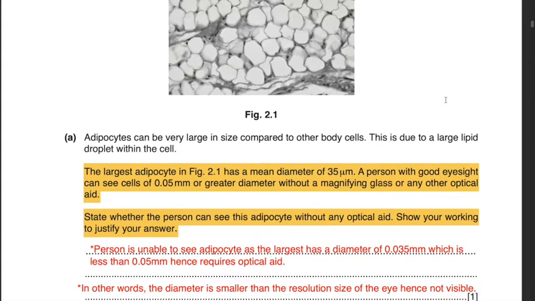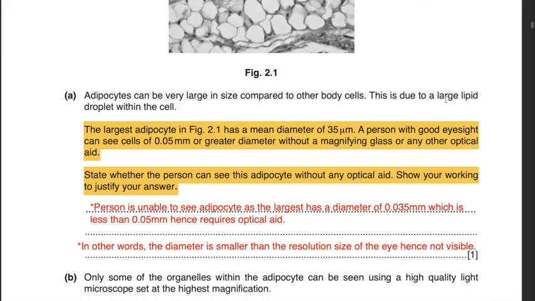A person with good eyesight can see cells of 0.05 mm or greater diameter without a magnifying glass or any optical aid. State whether the person can see this adipocyte without any optical aid. Show your working to justify your answer. If you know how to work out the resolution, as well as whether it is within the resolution limit, then you will be able to answer this question. The answer is that the person is unable to see the adipocyte, as the largest, given in figure 2.1, has a mean diameter of 35 micrometers, whereas a person with good eyesight has